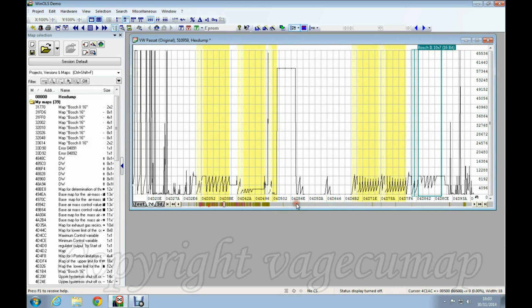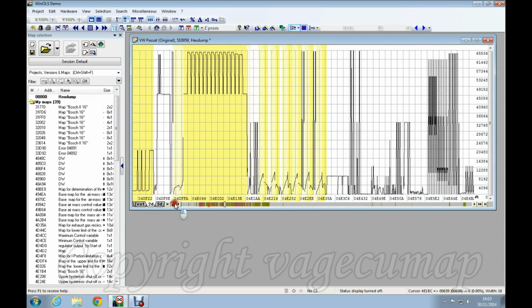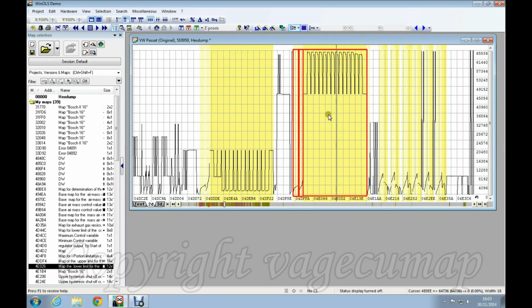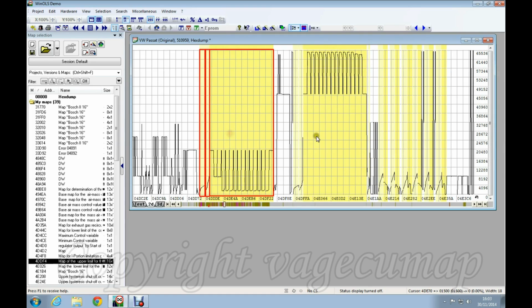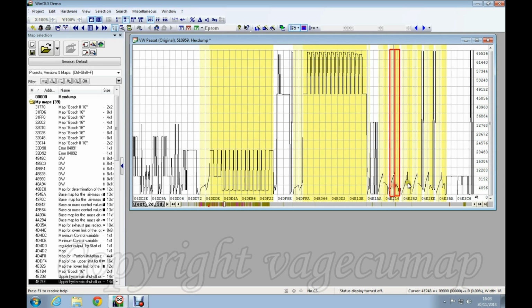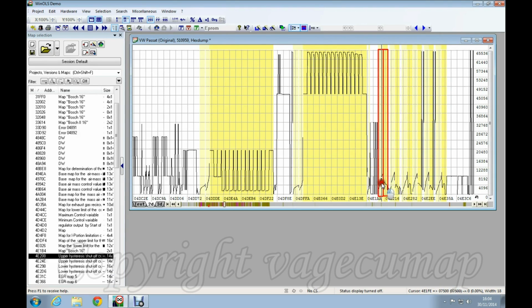Let's see if we can look a little bit further on. Now what I'm looking for is these two. There's very often several versions of this particular map, and very often several versions of that one. So whereas this file has got that and that, very often there might be two or three of these and two or three of these. But the reason I'm looking for these is because the maps that I'm interested in are these, these hysteresis maps, these are EGR hysteresis maps, and they are very often close to these two.